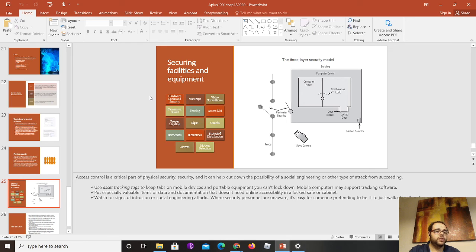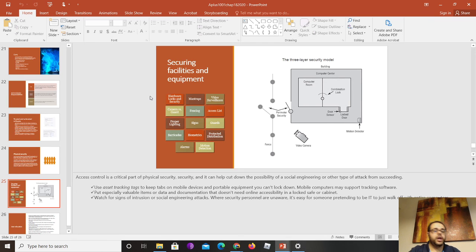Proper lighting, right? So a lit place is typically more secure than a dark place. Bad elements tend to find it more approachable to force their way into a building if it is dark than if it is properly lit. Have signs like "you're being filmed" so that even if people don't see the cameras, they see that sign and they're like, oh, they have cameras here, maybe we shouldn't rob this place.